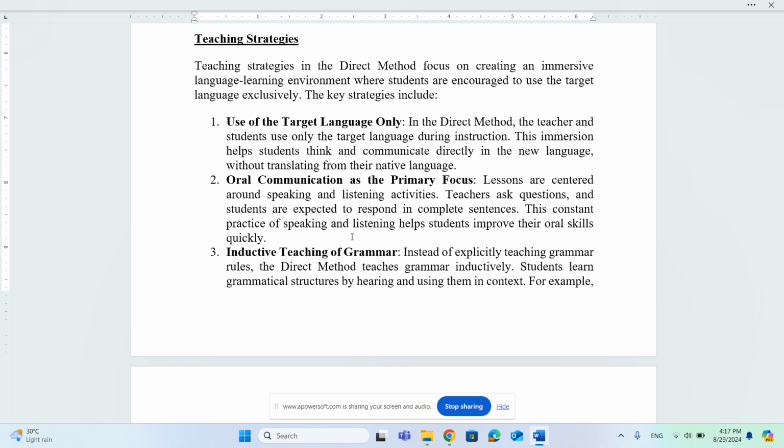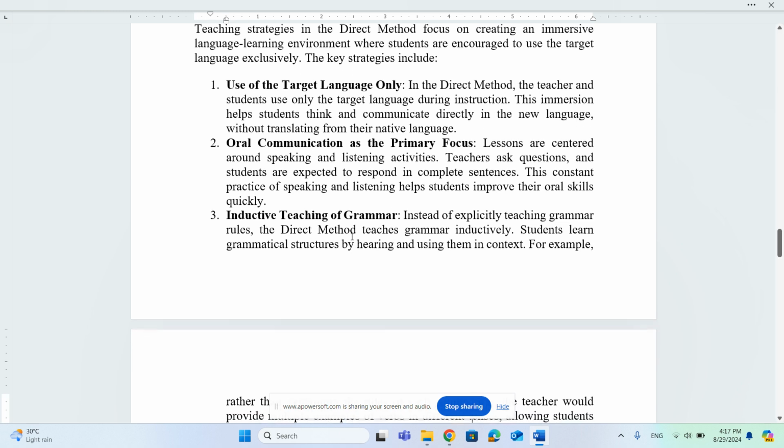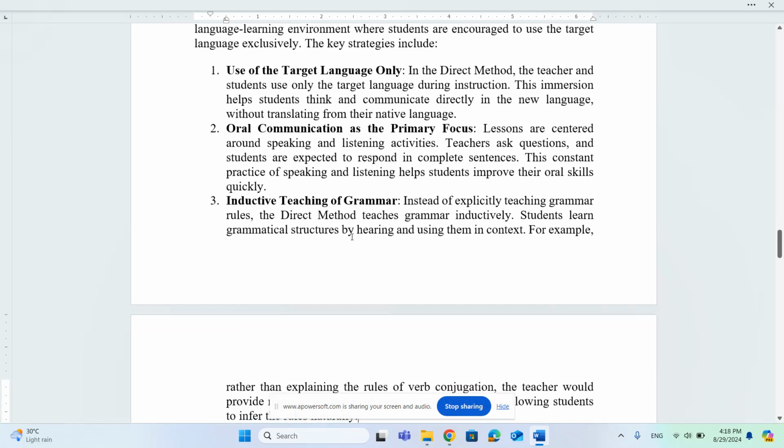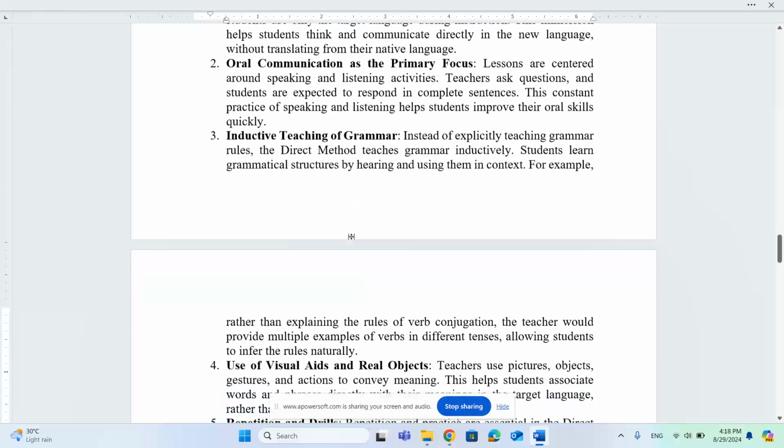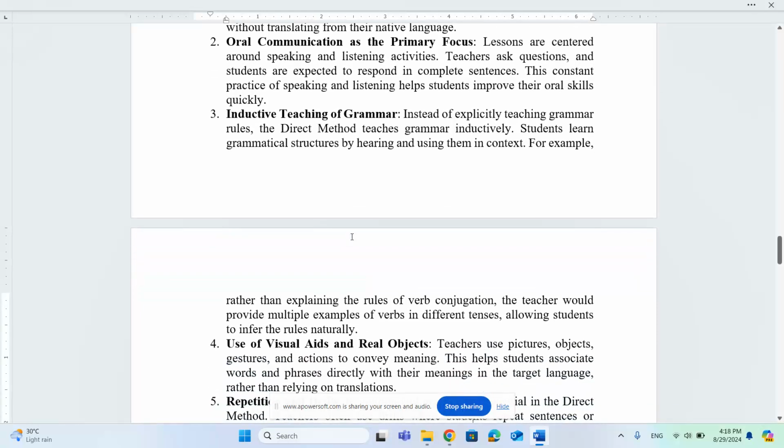So the next strategy is inductive teaching of grammar. I already told you, inductive teaching of grammar means with the help of examples rather than giving the rules at first. We have to teach grammar by giving examples rather than explaining the rules. For example, rather than explaining the rules of verb conjugation, the teacher would provide multiple examples of verbs in different tenses, and that allows students to infer the rules naturally. It means first of all you provide lots of examples, and based on those examples you